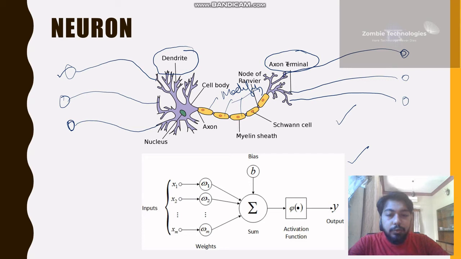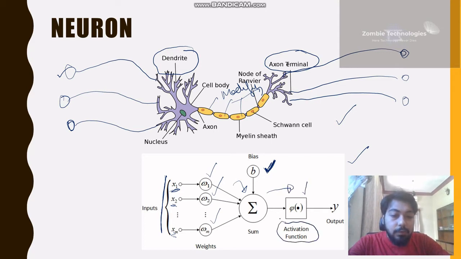As you can see in the artificial neuron, we have multiple inputs coming in. Each input coming to this artificial neuron is multiplied by some weight, W1, W2, W3, and then they are all summed together, and a bias is added to the summed input. Then it is passed through a function which we call the activation function, which we will discuss, and the output is generated. So this is an overall view of a single neuron.